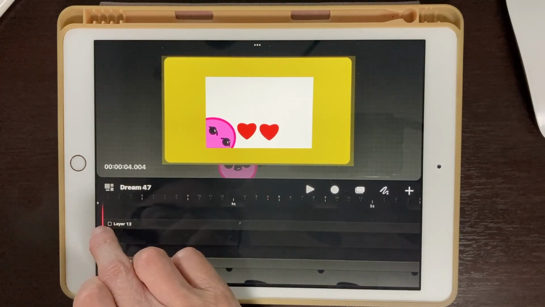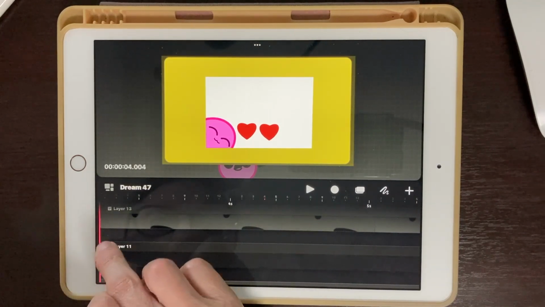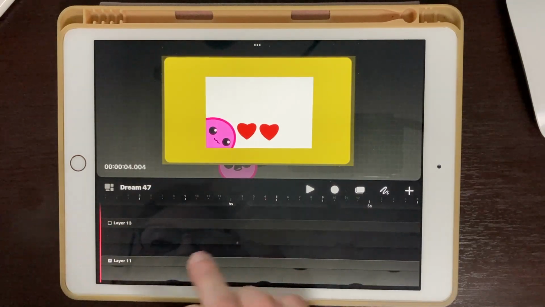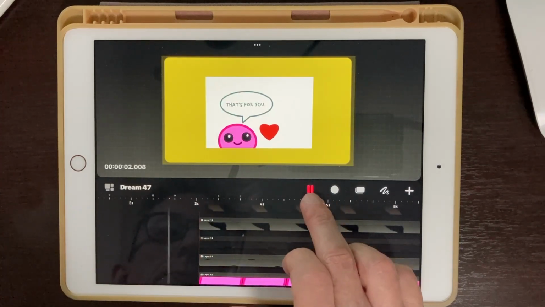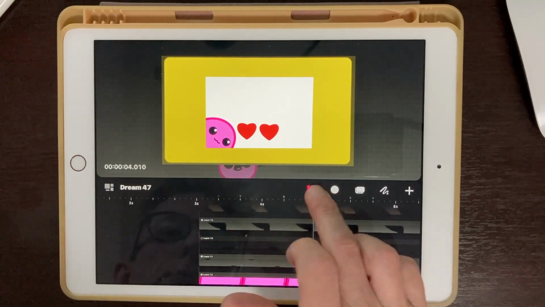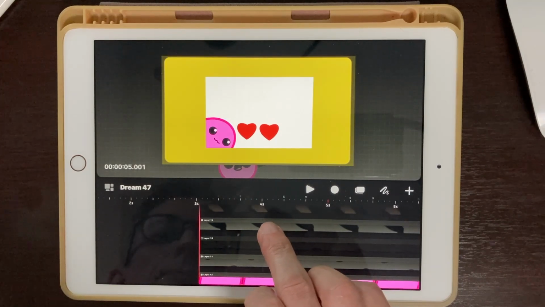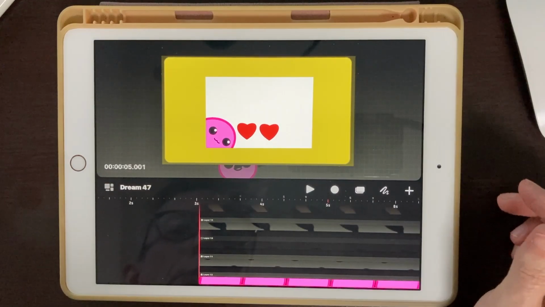I think it's that. No, not this mouth. And maybe this one. There we go. No. This one. There we go. Alright. So now when he comes on screen, comes on the screen. Alright. And now he's going to say something else. We're going to have a speech bubble again. Alright, so